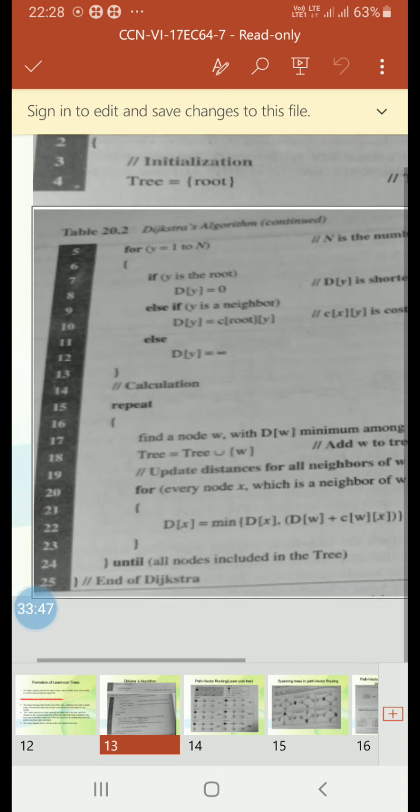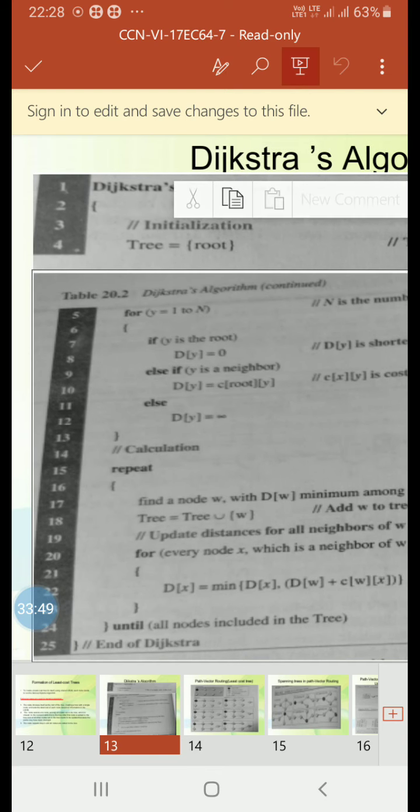So what does n represent? Number of nodes. If y is the root, then d of y is equal to 0, because d of y is the shortest distance from root to node y.